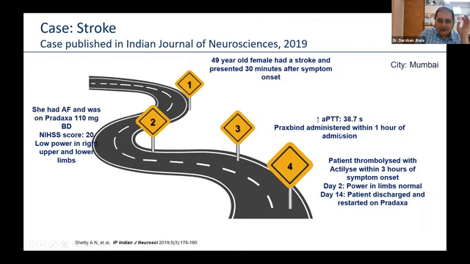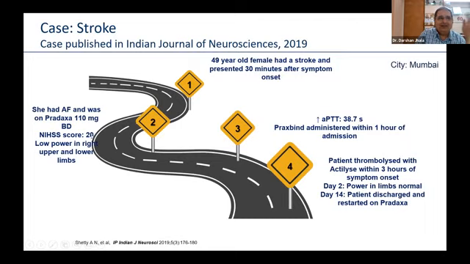So we have overcome a difficult problem, where you have a bleeding in a patient requiring anticoagulation. You could immediately reverse the anticoagulant effect and administer proper therapy, thrombolysis. This is a therapy which could be done even in a small hospital, and the patient could recover very well and be restarted within a few days. And remember, this patient took 14 days to be restarted because she had a high NIHSS score.